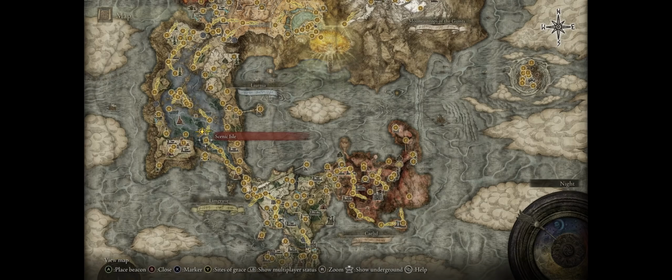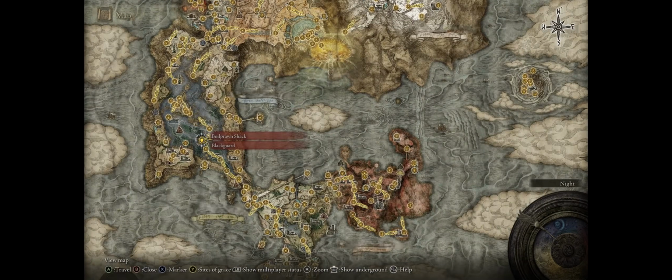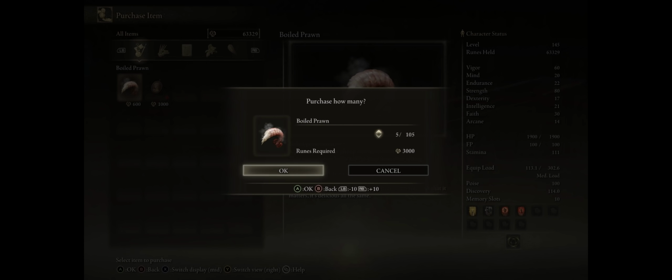The easiest way to get these food items is by buying them from the Blackguard NPC. You first meet him at the Boil Prawn Shack, right here in Liurnia of the Lakes. At the beginning, he'll only have boiled prawns for sale, and after you buy a few of them...